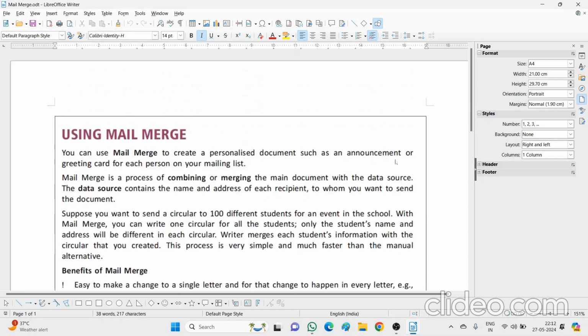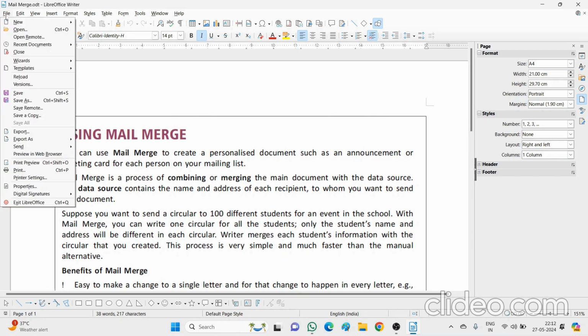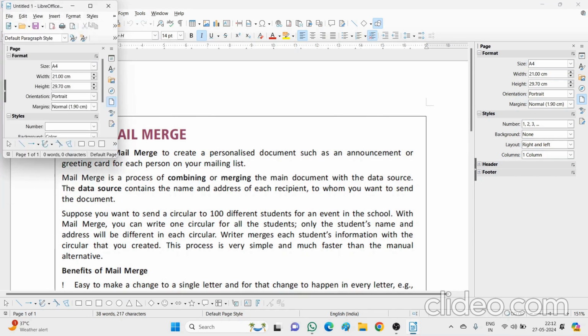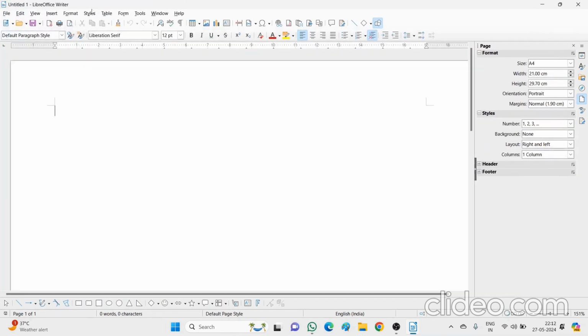So the very first thing is we need to create a document where we will write the content or the letter which we need to share with different people. As you can see, I have started a document here. Now what we need to do is simply write here, "To," suppose it is for the person to whom I want to send something, some invitation, say for a birthday party. So I leave some gap here, and then suppose here I write, "Dear friend,"